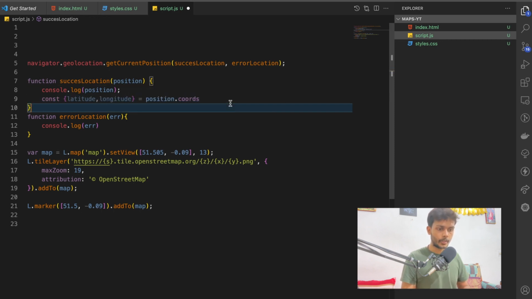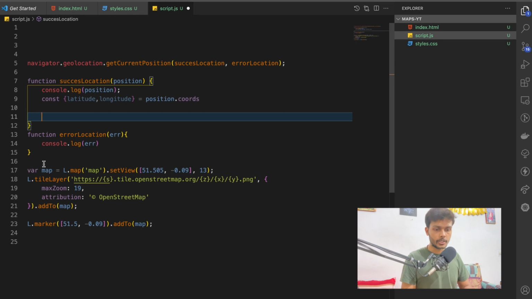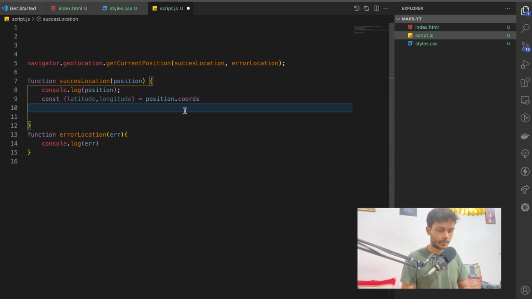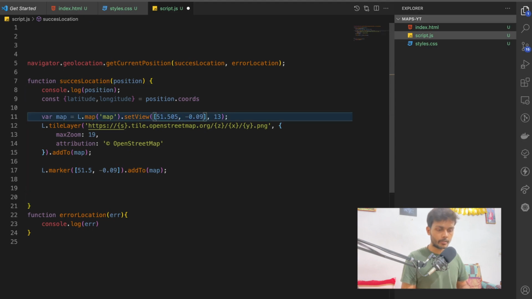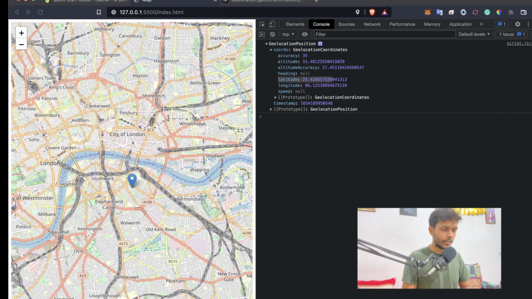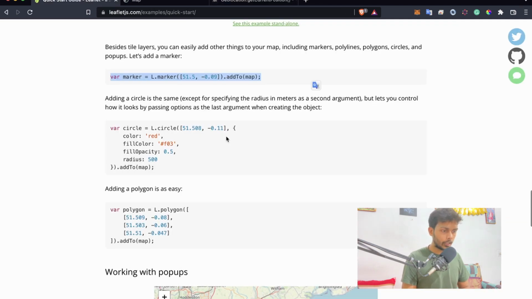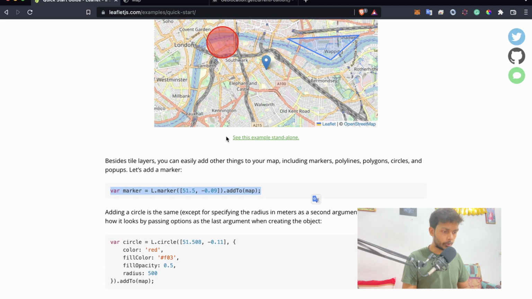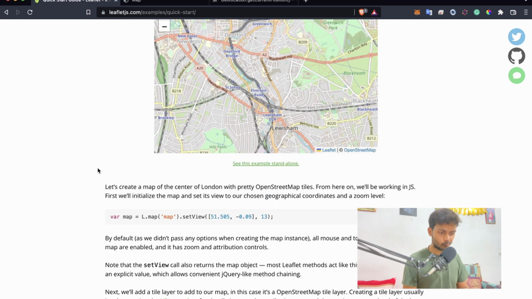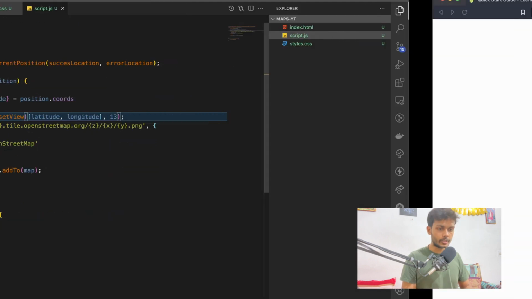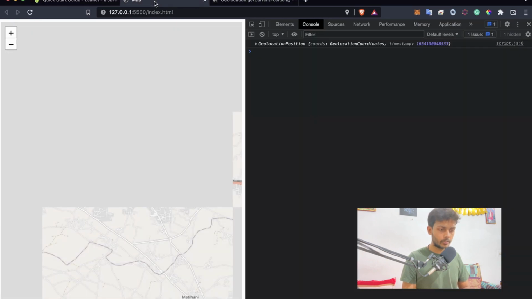longitude. Okay. And then we're just going to pass this longitude, latitude inside this map. And I think this one is the latitude, right? Go through the documentation once more. First argument is the latitude or longitude. I think it's the latitude, and the second one is the longitude. Latitude, pass the longitude as well. Just save it. Let's see where this